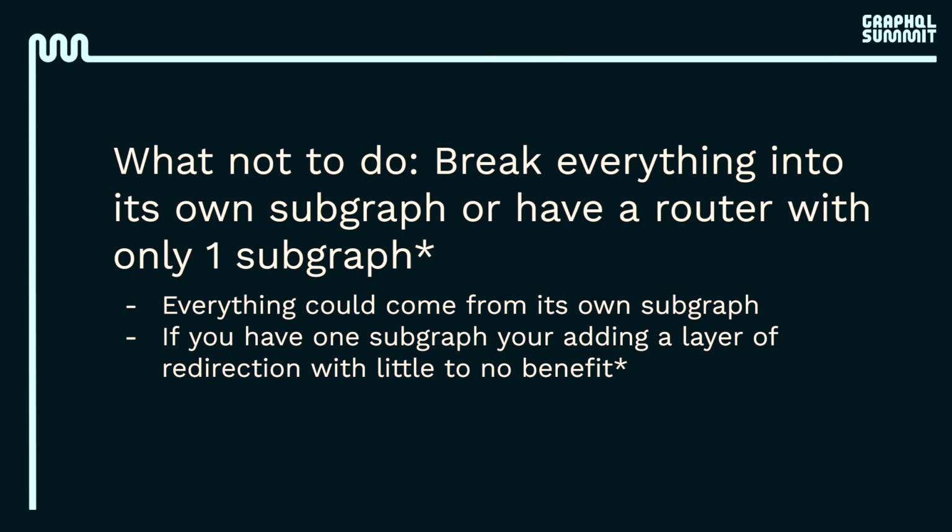The first thing you could do is, in theory, you could make every field from your supergraph come from a different subgraph. Now, why you would do that, I could not tell you why, but in theory, you could make every field come from somewhere else. That is just a nightmare of DevOps and making sure everything's up and all of that type of stuff. Imagine having 100 types and then all of a sudden you have 10,000 subgraphs. That just sounds like a mess of stuff to do. You also don't get a lot of benefit from that layer. You're really routing so many things that it's just making so many network calls back and forth that you're just going to fight yourself eventually.